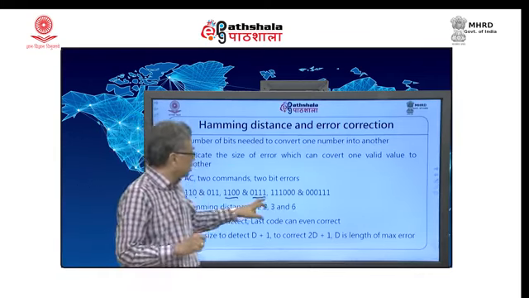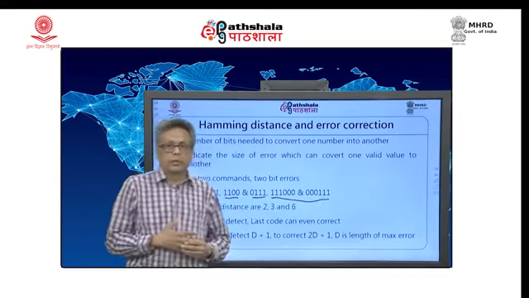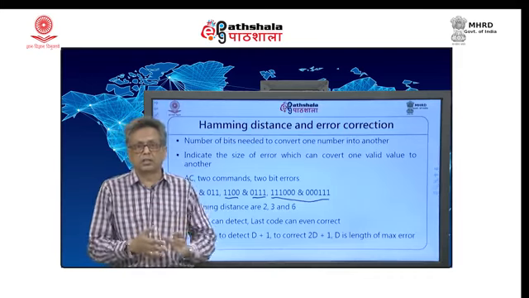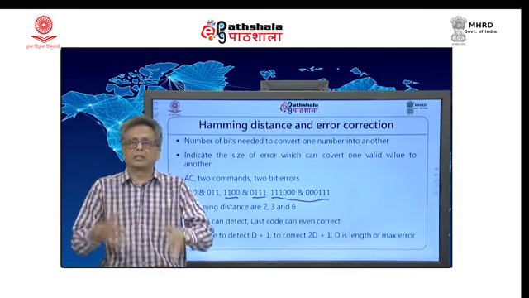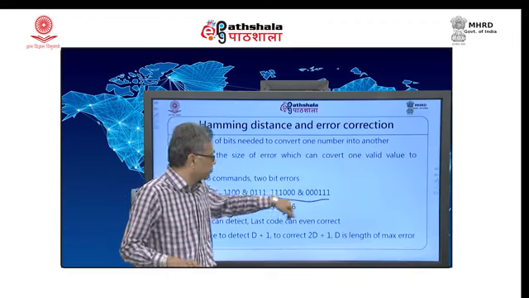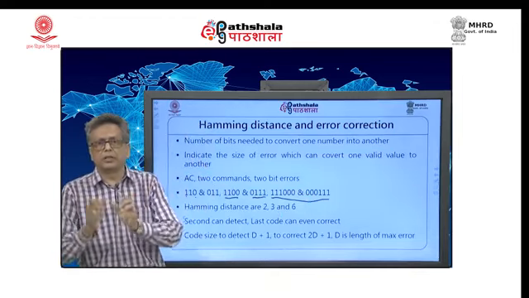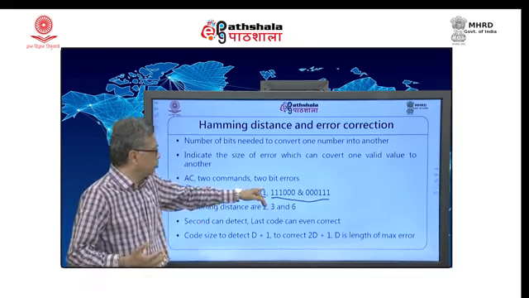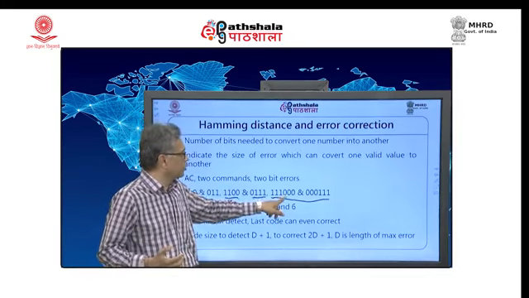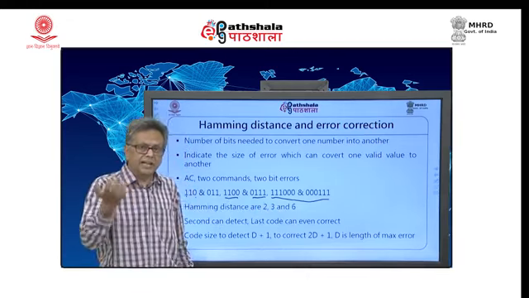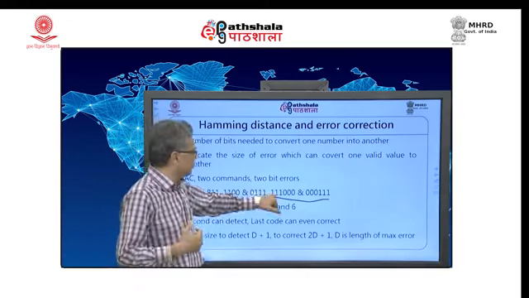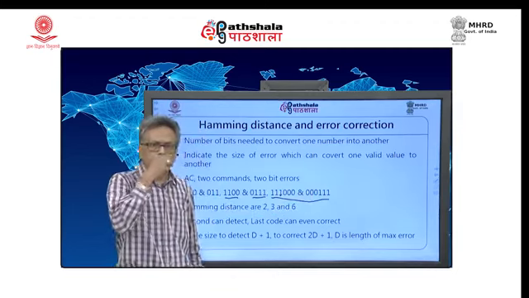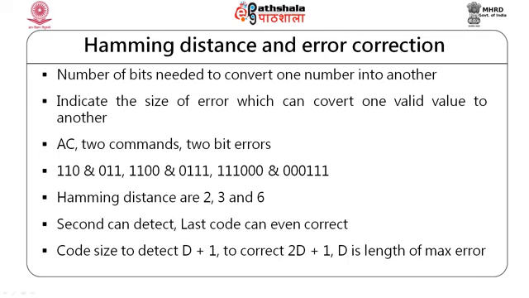So, if I use the third code, now this is a specific code I need, and the Hamming distance is very large, 6. I need to provide 6 alterations to convert one bit pattern into the other valid bit pattern. What does that mean? If there is any 2-bit error, for example, I receive 11011, I can easily understand that a 2-bit difference from this has to be the number; it cannot be the other, because it is very far from it.